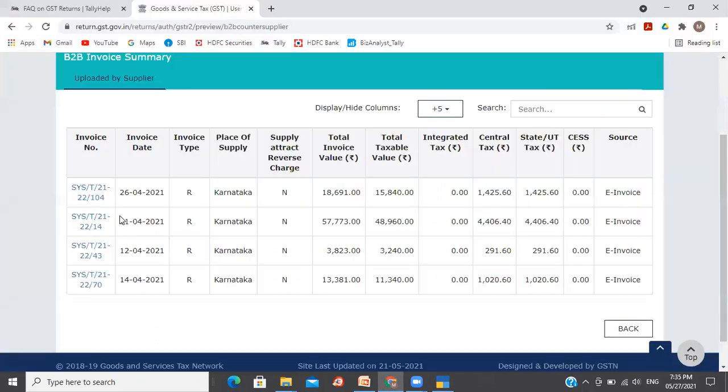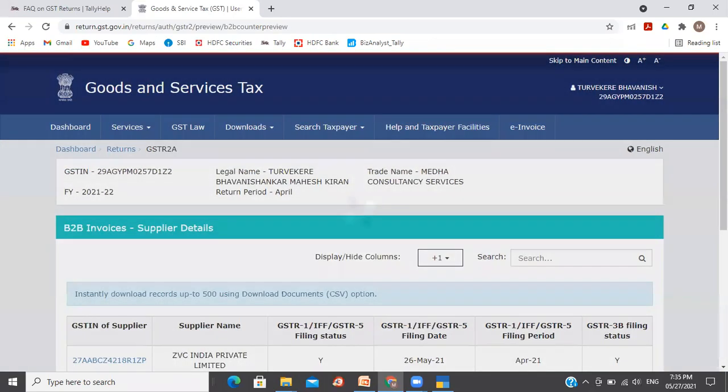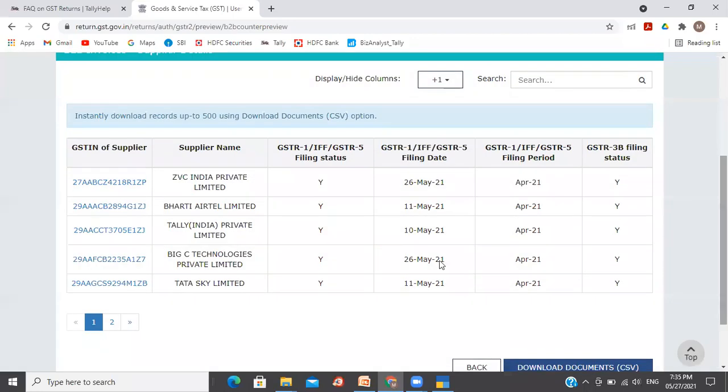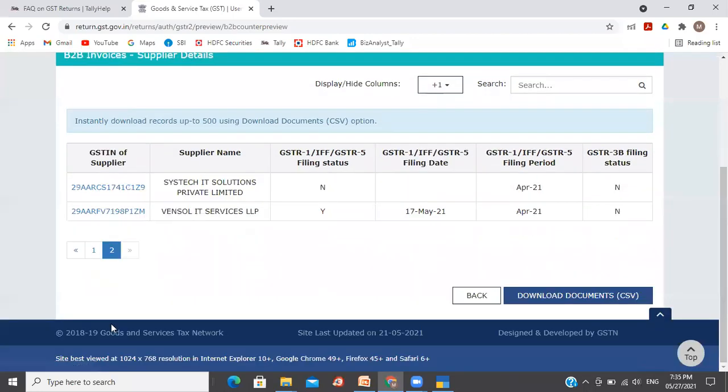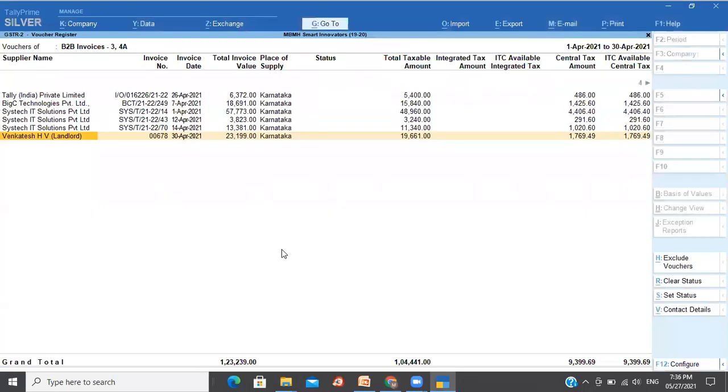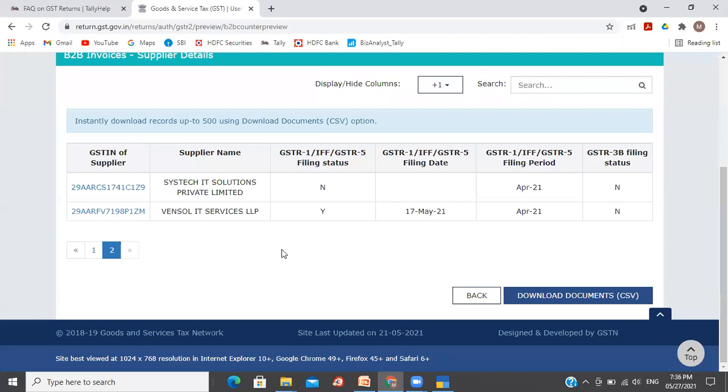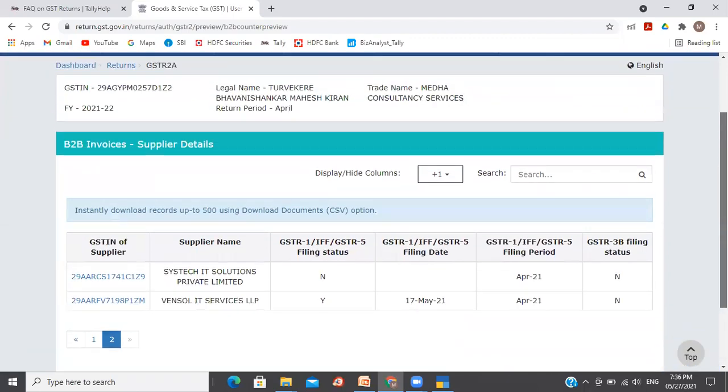Then I have back. Okay, then I could look at the next one. Then there is Vensol IT services that I have not updated. Okay. So now what I could do is I could